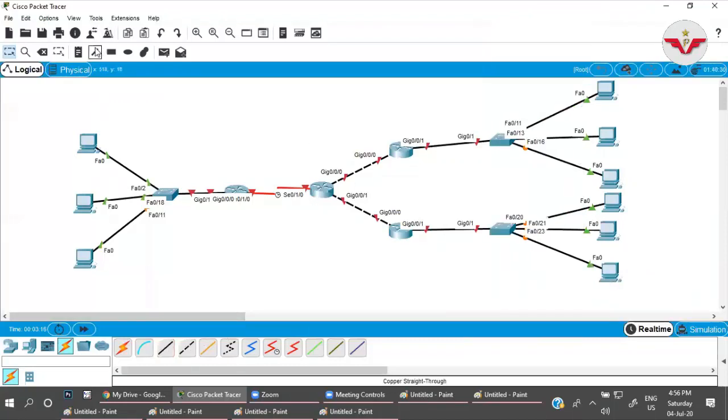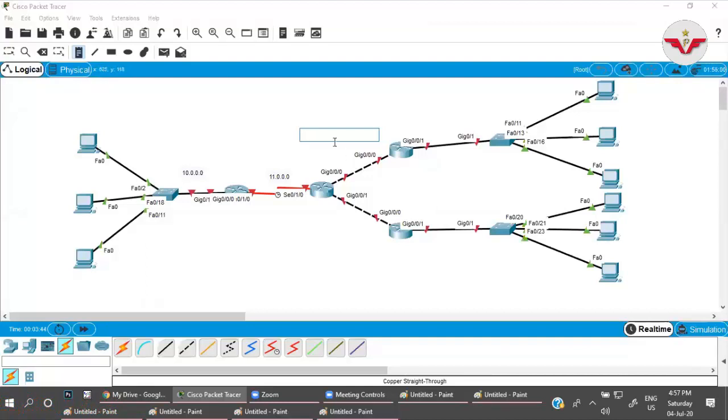Done. So now on this network I am going to configure the 10.0.0.0 network, in this internal part here. 11.0.0.0 between both routers.